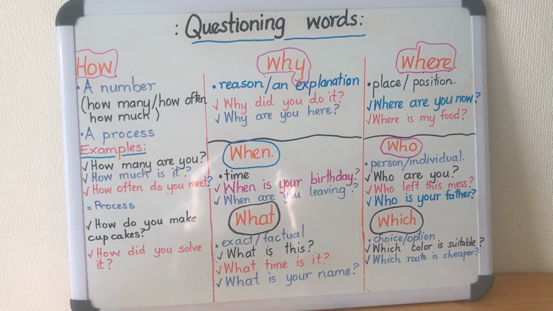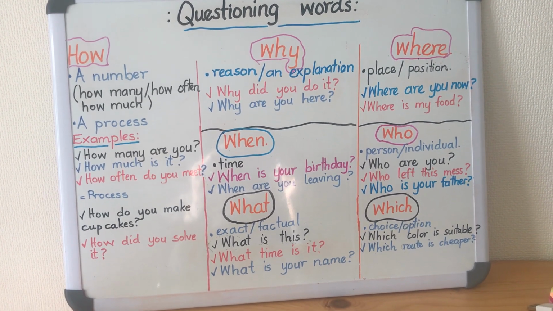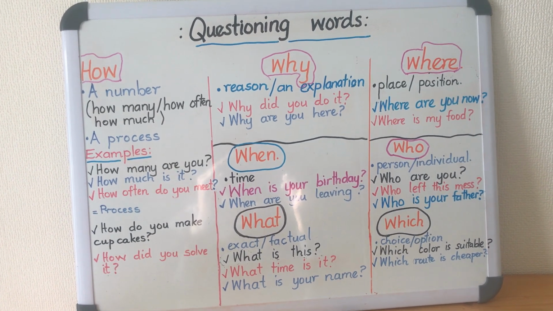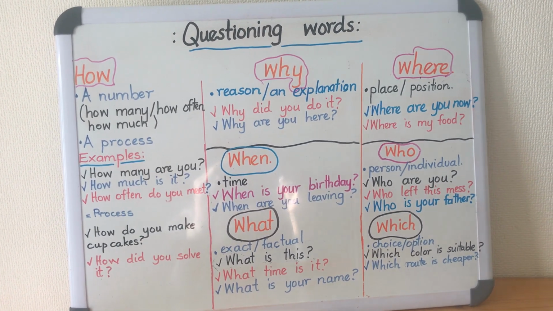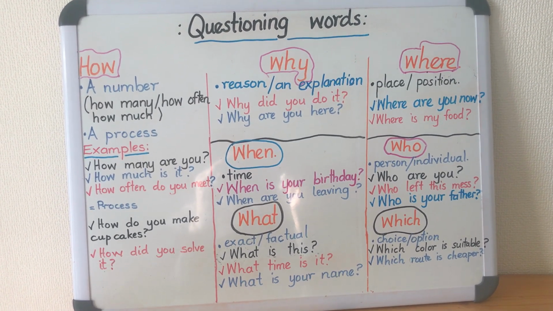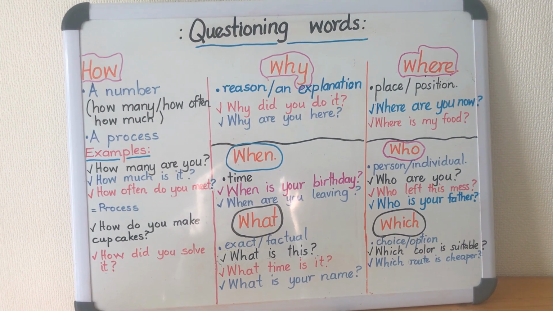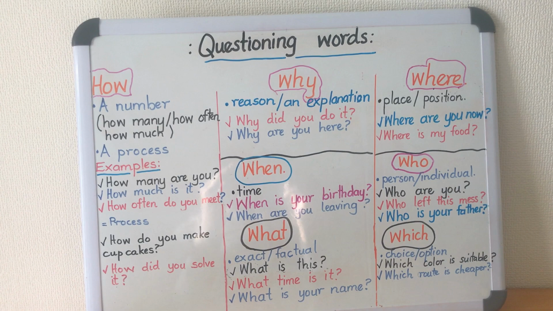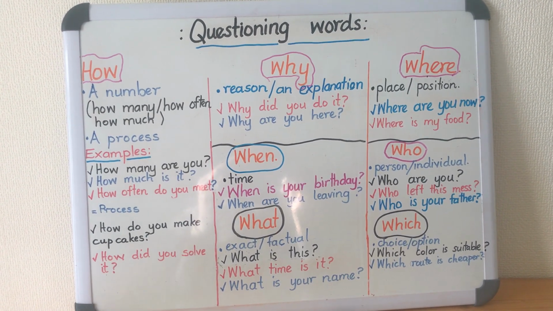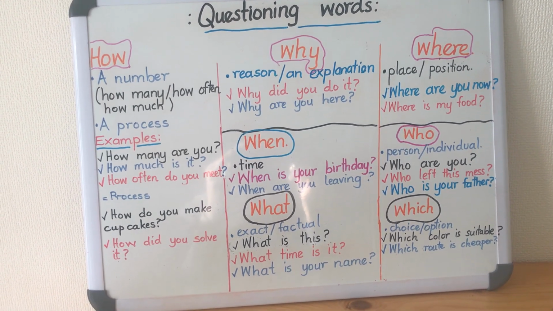When are you leaving? Being this second example under when, are you leaving? You might say in the evening, tomorrow. You give some time again, which, your answer should indicate time. When exactly are you leaving? So you should include time. What? Questions with what, I find them to require an exact answer, or as I put it, a factual answer,